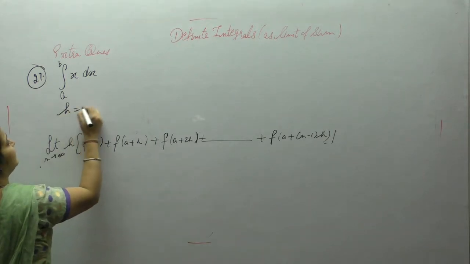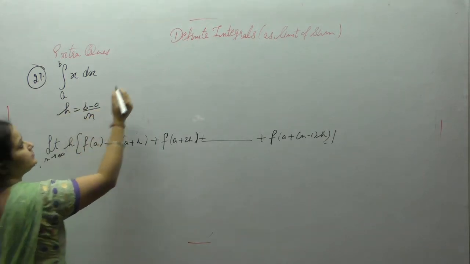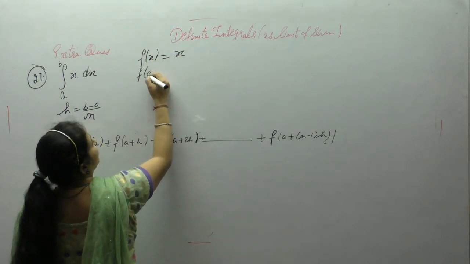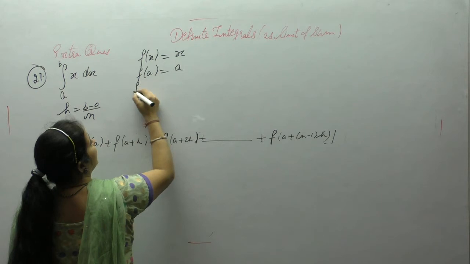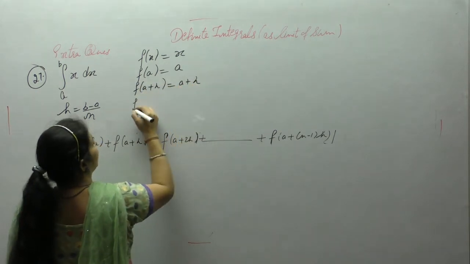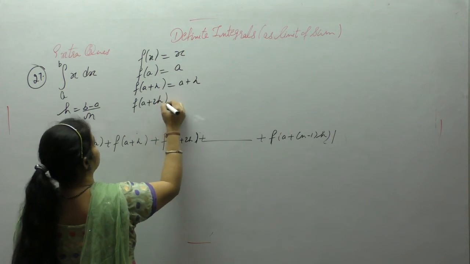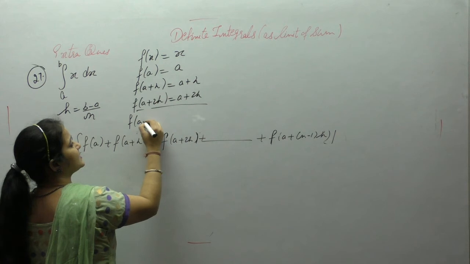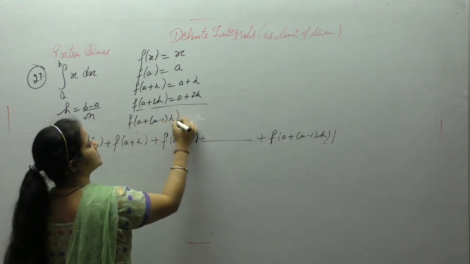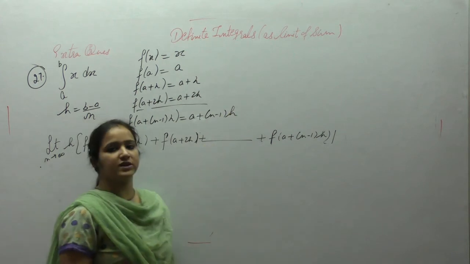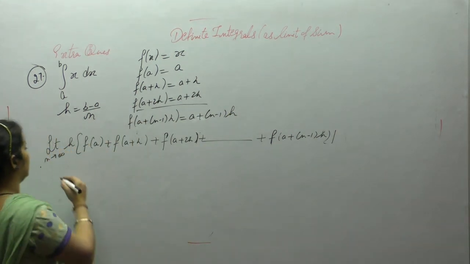H is (b minus a) upon n. The function is x. So f of a plus h, f of a plus 2h, and so on up to f of a plus (n minus 1) into h. Now put the values of these functions in the formula. Limit n